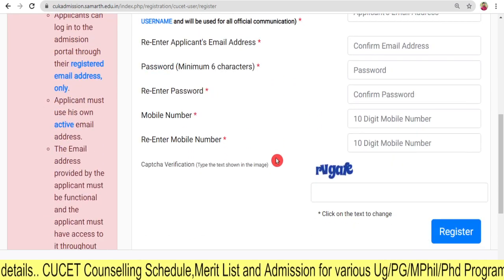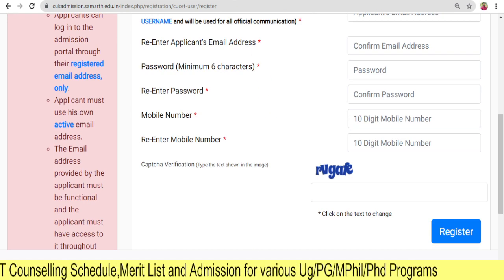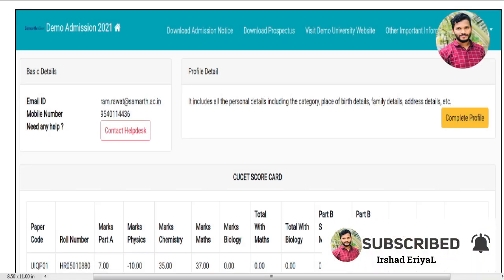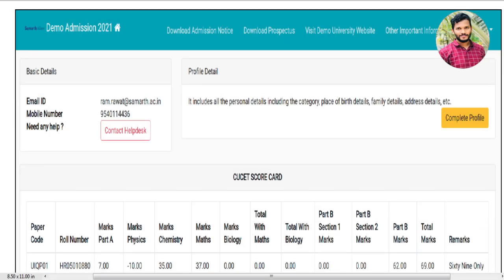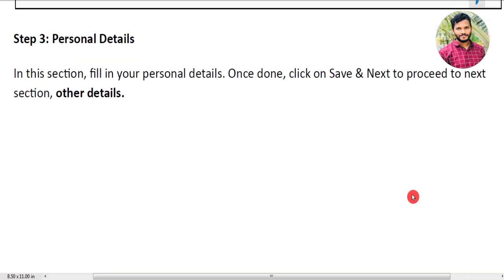Okay. Then after that, the next stage, that is step number 2. This is the window like this. You have to fill all the personal details, then family details, address details. See, your CUCT scorecard is also shown like this. Then you have to click the complete profile button. Okay, then it will